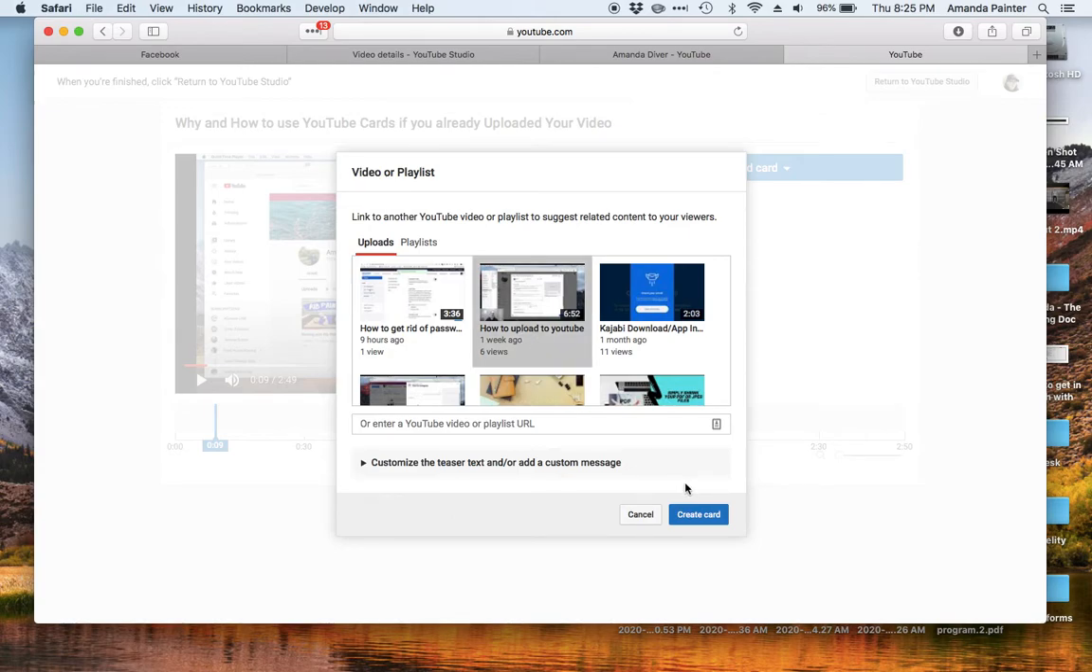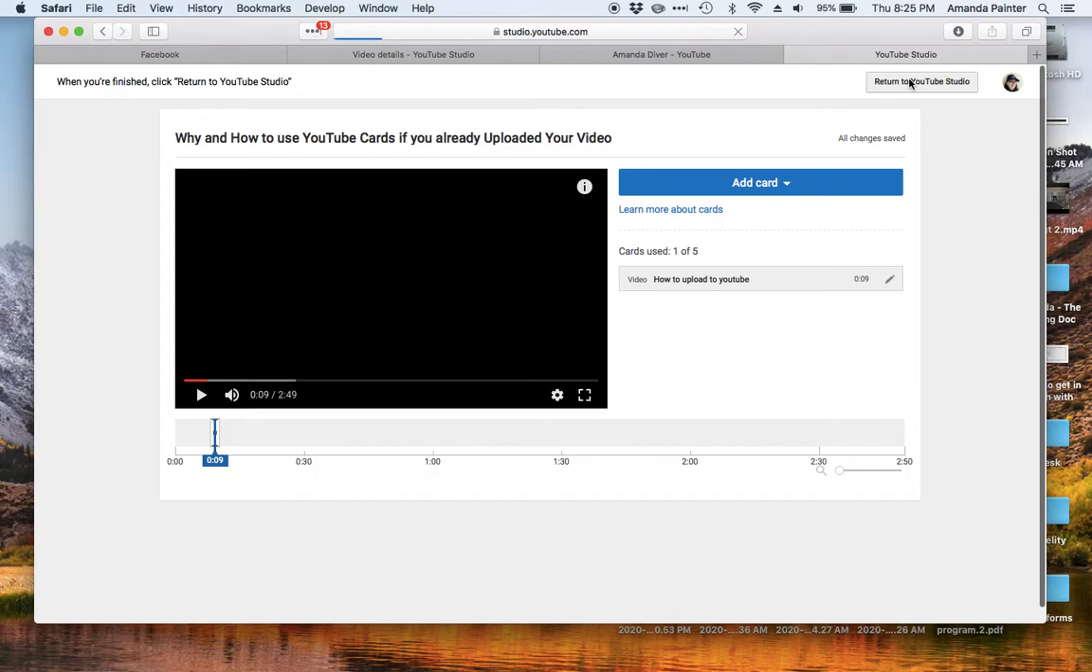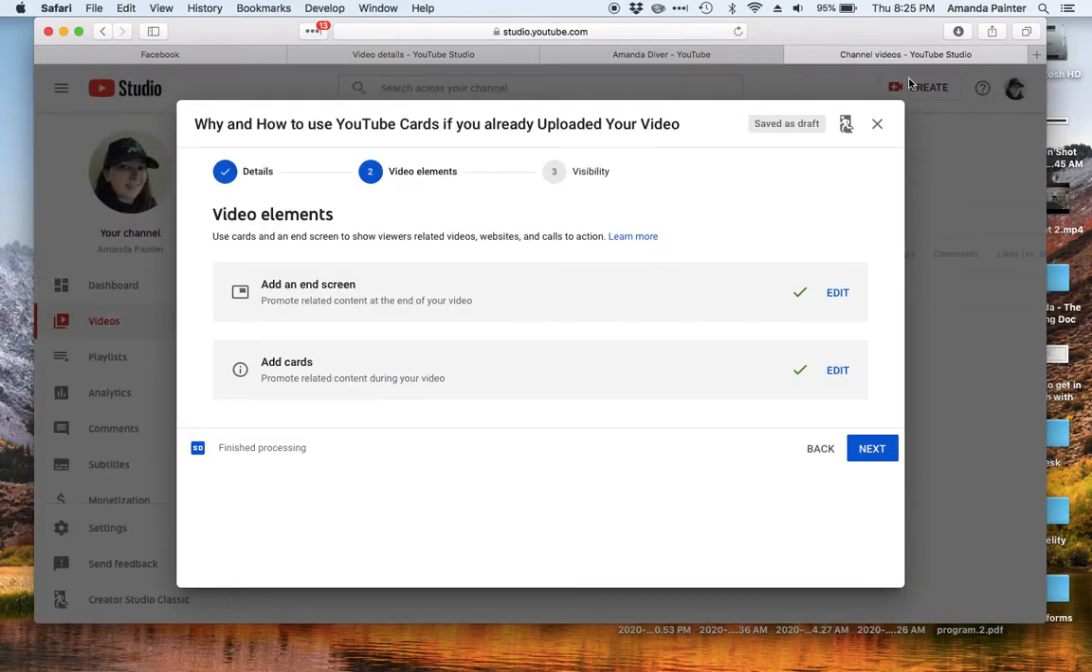So I could click this, go create card, and then I could go ahead and go, to get out of this one, you don't click save, you go return to YouTube Studio. And then that's it. You'll see you have a check mark by both, so they're both in there. You click next, and then you keep going. So I hope that helps with the cards. And yeah,